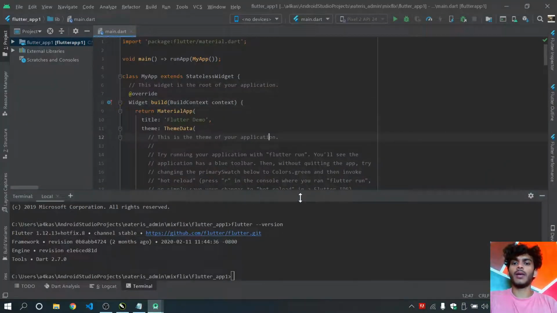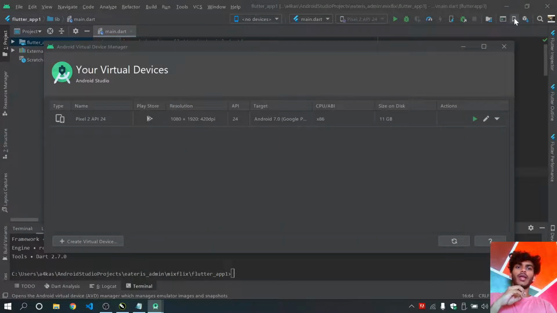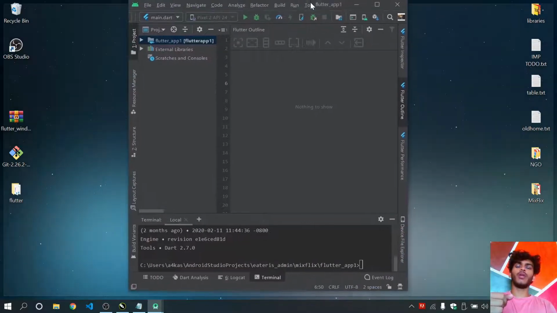We'll open our app. Okay, so this is the first Flutter app which we'll be using. If you want to execute this, you can install AVD. What is AVD? AVD is Android Virtual Device. You can virtually make a phone, a device on your computer, which you can use to run